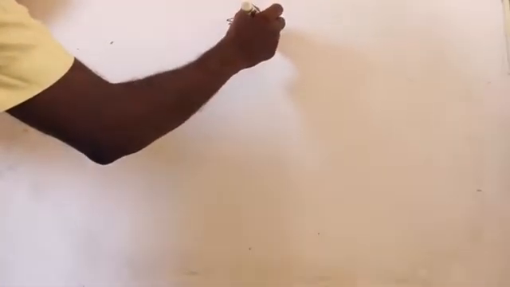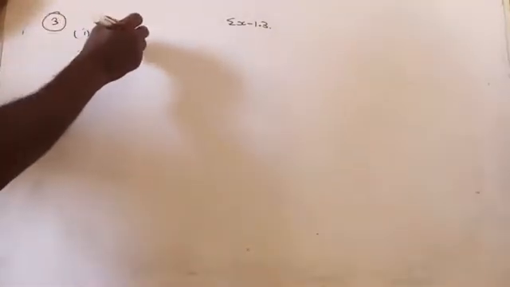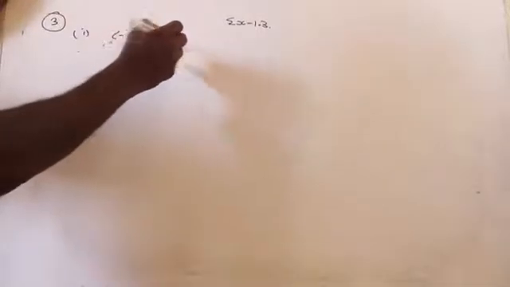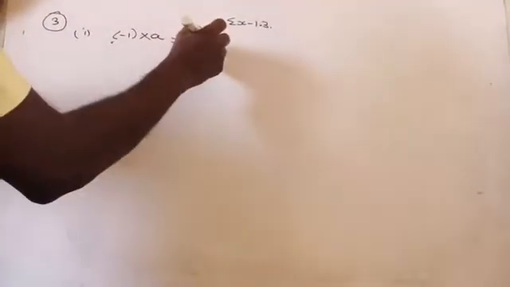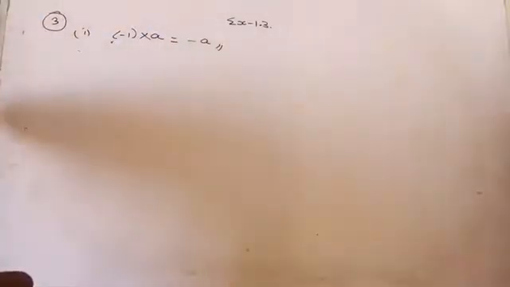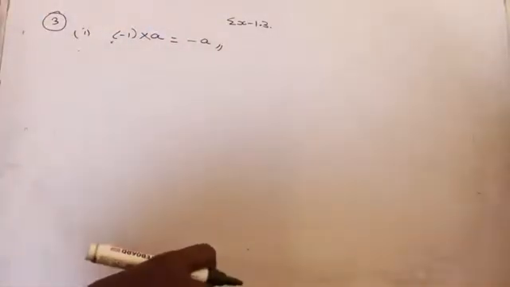Yesterday we completed till question number 2. So today we will start question number 3. Third question is, for any integer a, what is minus 1 into a equal to? If you are multiplying any integer with minus 1, then it is minus a. That same number with the negative sign. Am I right here? Yeah.